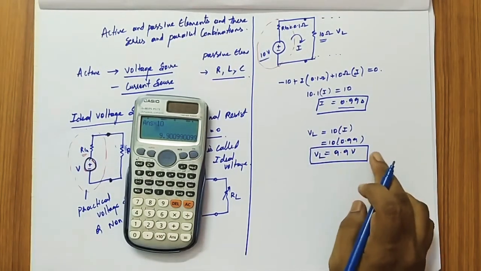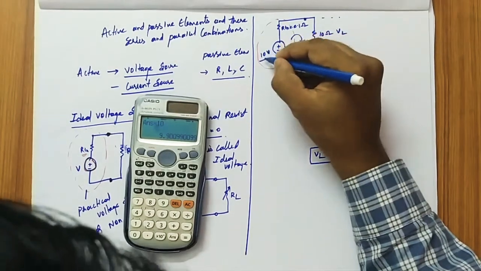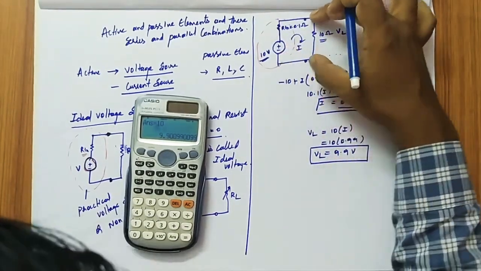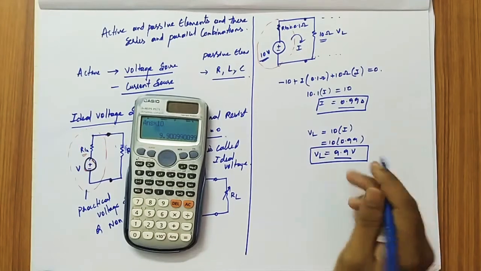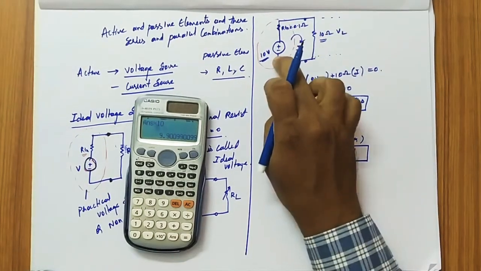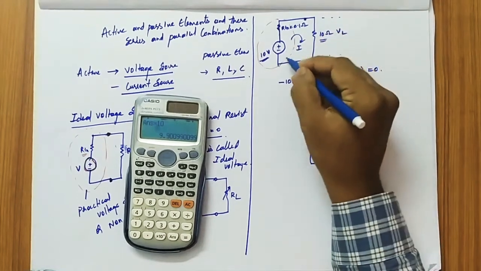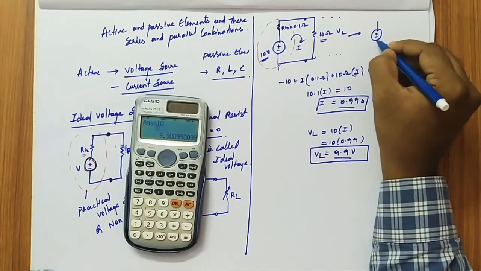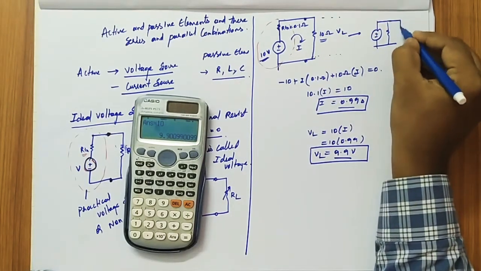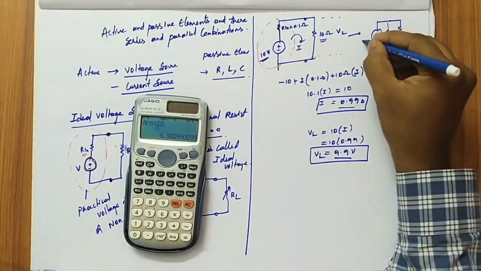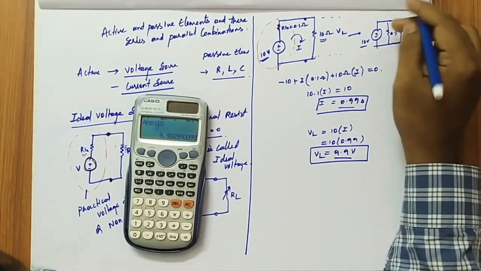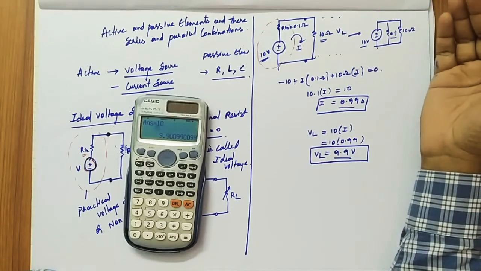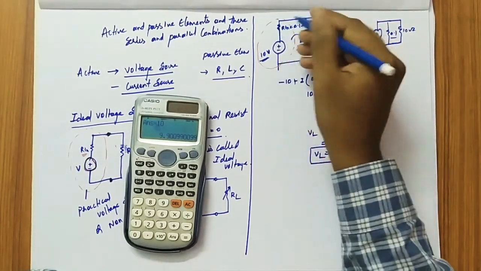So here is the practicality: you have an internal resistance and a 10 volt source. Due to this internal resistance in series, you have a voltage across the terminals of 9.9. By keeping the internal resistance in series with the voltage source, we can say that this is a practical voltage source. If you don't keep the internal resistance in series, the practicality cannot be proved, because the same 10 volts will act in parallel with the 0.1 ohm and 10 ohm. For that reason, we keep the internal resistance in series so that there will be a drop.